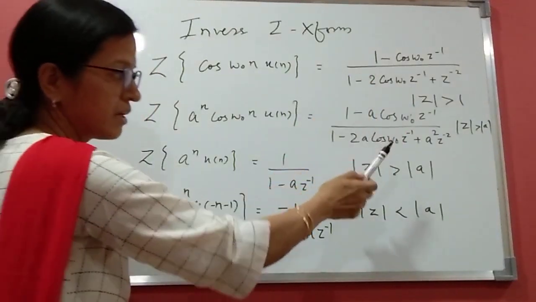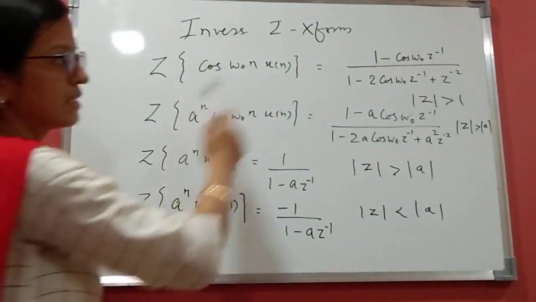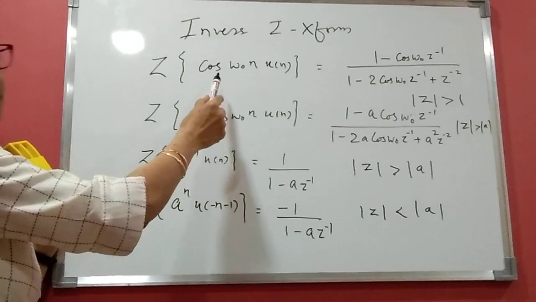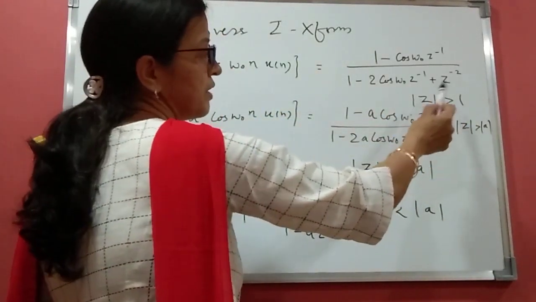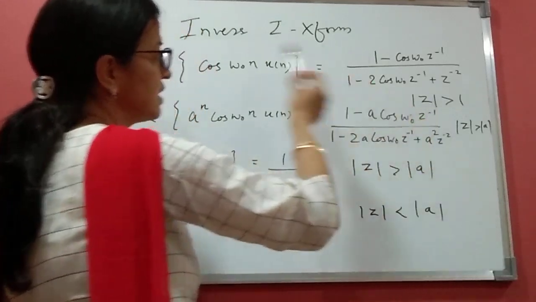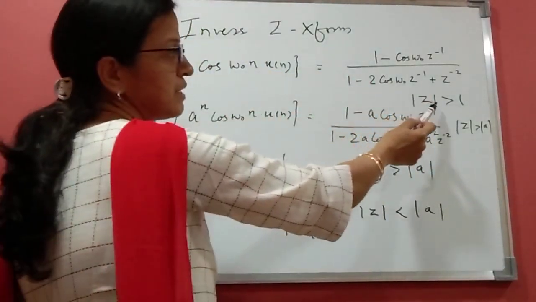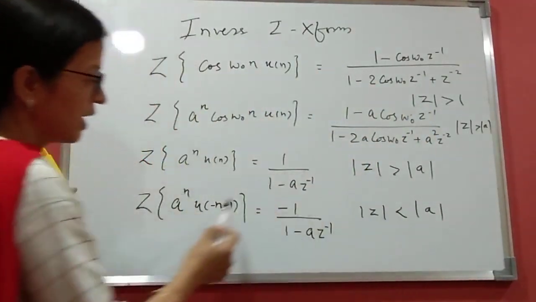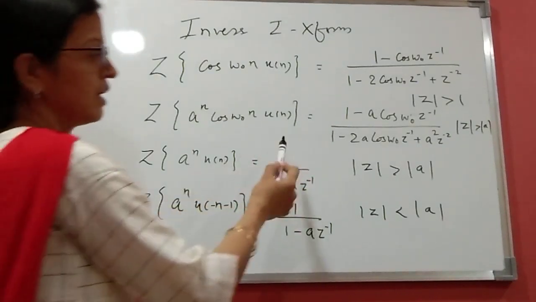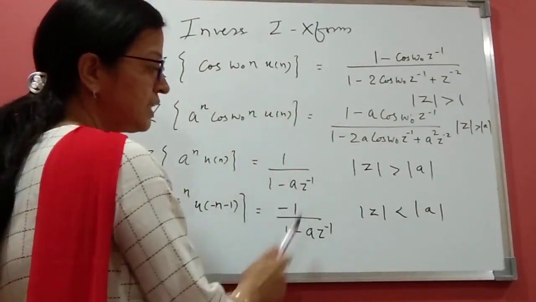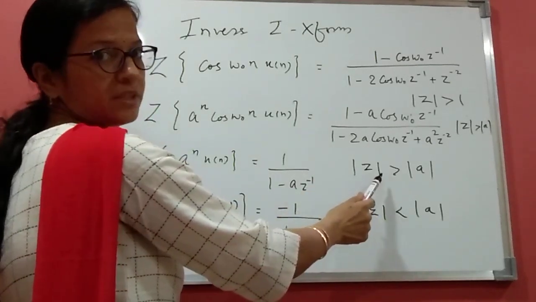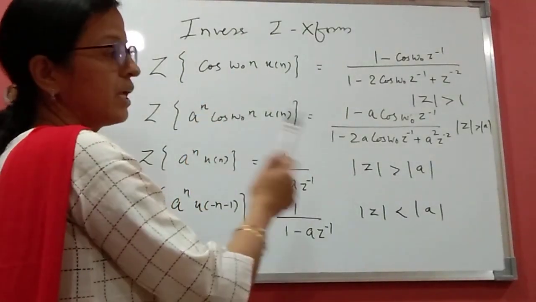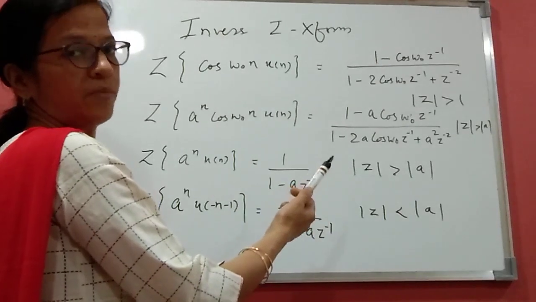So for finding inverse Z transform, you should know that Z transform of these standard signals are these, so that when we get these types of expressions in Z transform, the inverse Z transform will be this. And we have to look at the ROC also. It is very important that you look at the ROC, otherwise you cannot find the inverse transform. Because if ROC is greater than 1 or greater than something, it is a causal signal. And if ROC is less than something, it is an anti-causal signal. So always keep in mind that for finding inverse Z transform, we have to see the Z transform together with the ROC. So now we'll see how we can find inverse Z transform. I'll give you simple examples for finding inverse Z transform, and then we'll go to the problems.